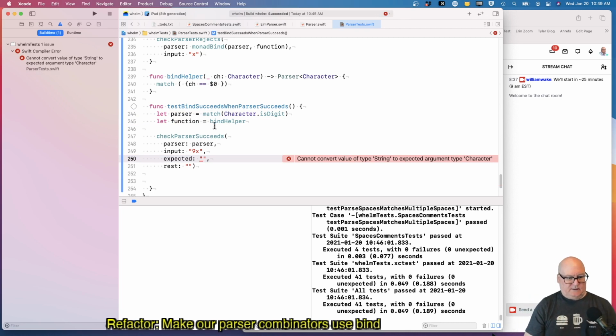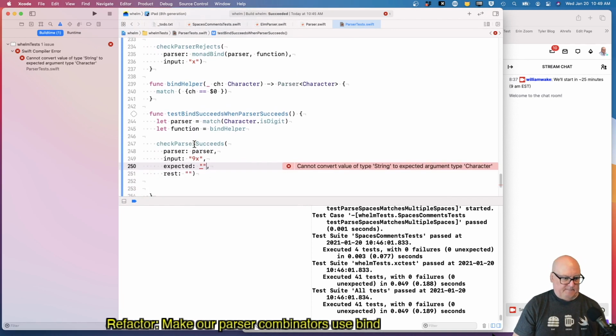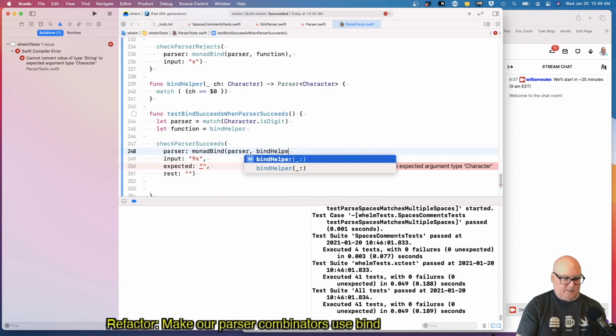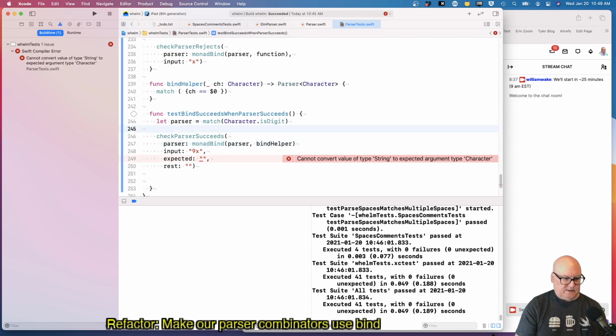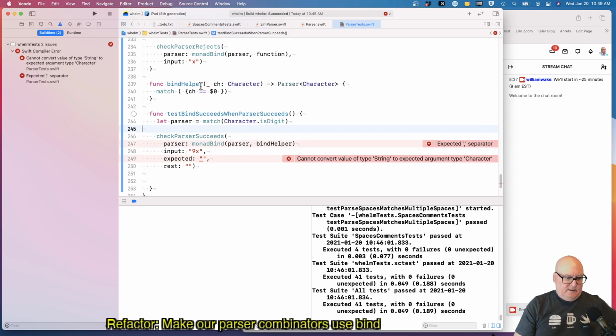I think the function, the parser is the bind, right? So it's a monadBind parser to, I think we can just say bind helper just to cut out a little noise. We bind parser to bind helper, and